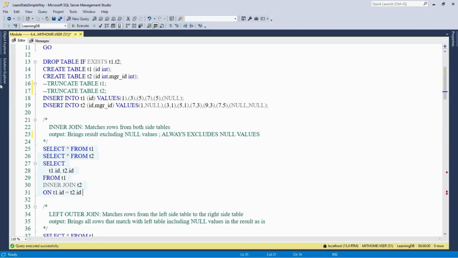I have written select T1, which is my table 1, dot id, and then my table 2, the second table, using the same id column for that as well. It has the id column and then the manager id column, so I'm just joining both on the id column for now. Okay, so let's run